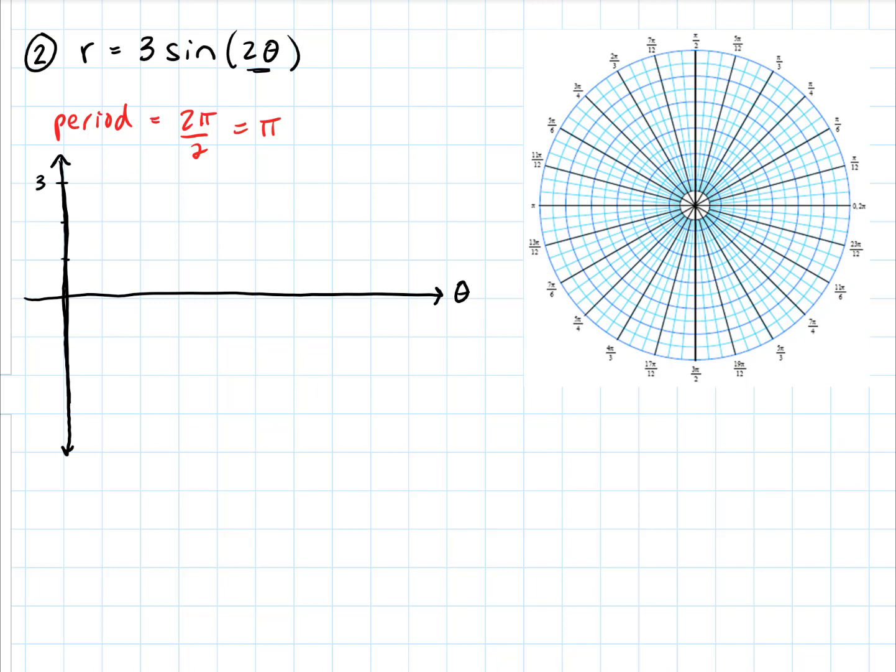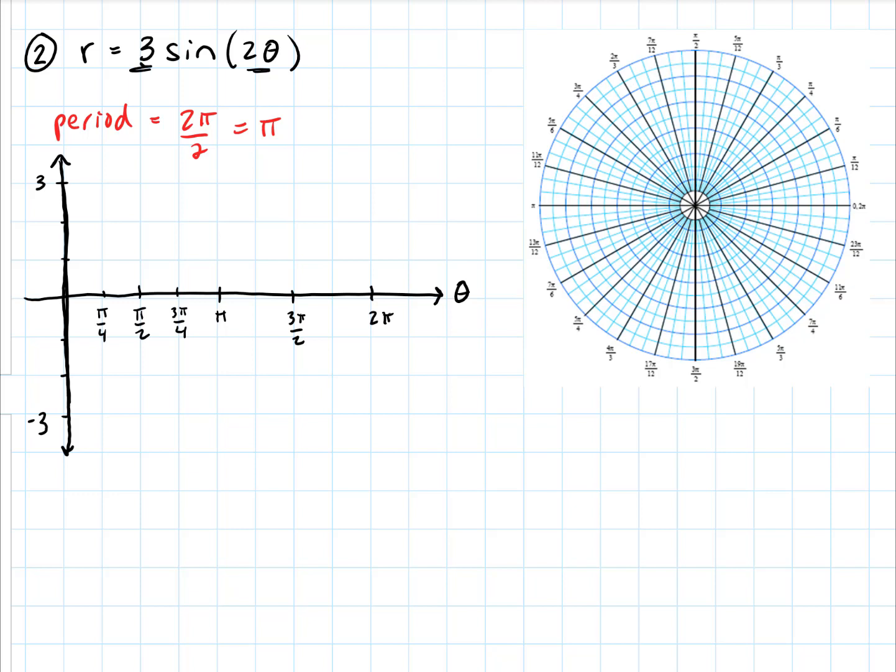You should have graphed polar curves at length in a pre-calculus course. So let's say this is 2 pi, and that's pi, and this is pi over 2, and this is 3 pi over 2. I don't know that I'll put all these in, but let's go pi over 4 and maybe just the first 2, 3 pi over 4. Okay, so we also have an amplitude, by the way, of the 3, so that's why